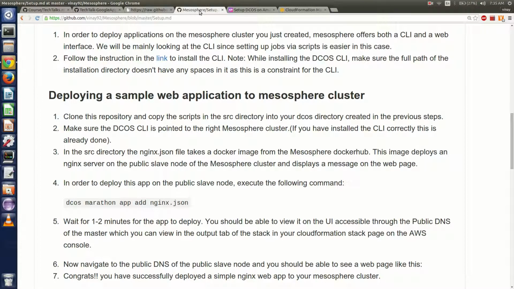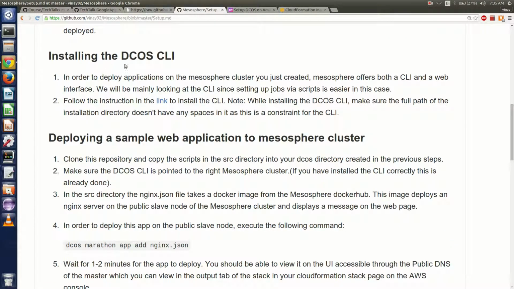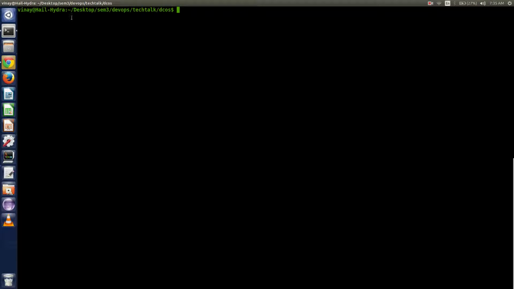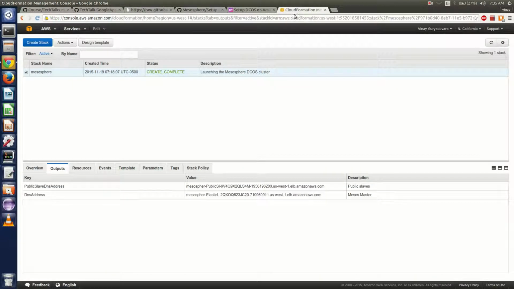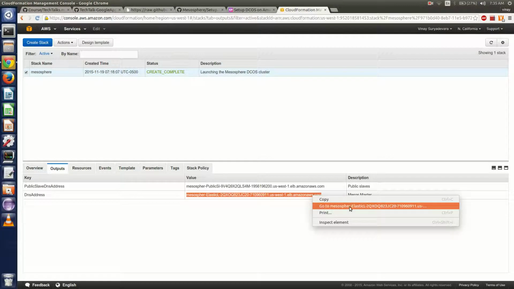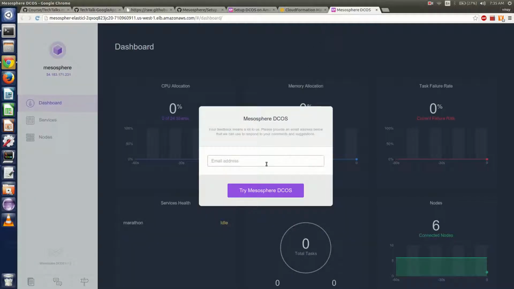The next part is to install the DCOS CLI on our system. We have already installed the DCOS CLI on the system, but one of the important parts is to point the URL to our current master. If we go ahead and go to the URL of the master for our current cluster, we'll be able to see that we can reach